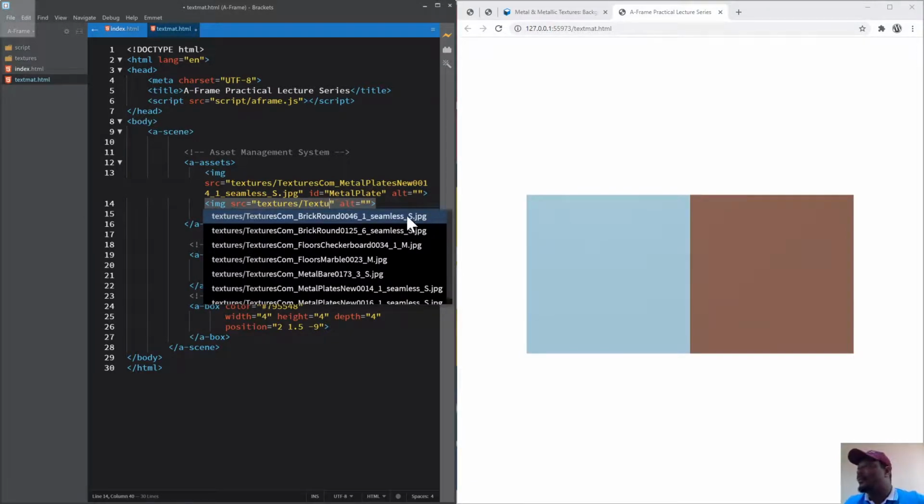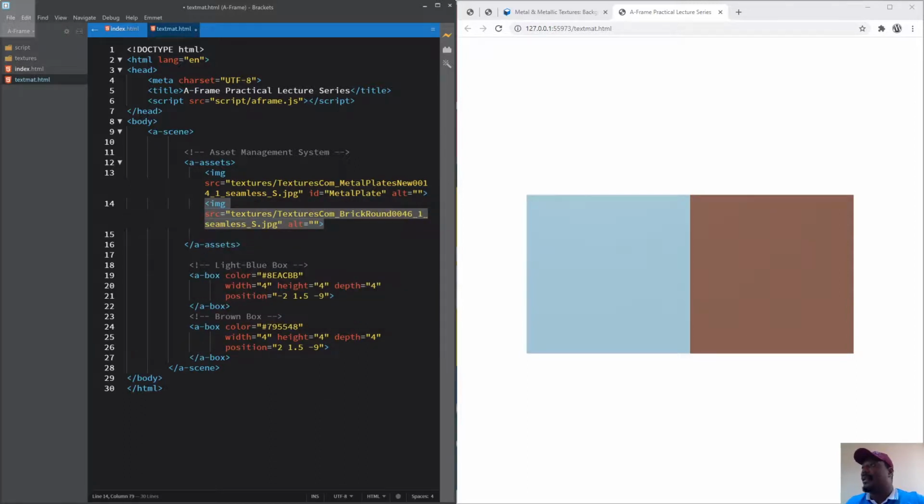I'm going to pick this brick to apply to my objects, and I'm going to give this an ID of brick. I'll forget about the alternate text attribute that we have in here. So now I have these two